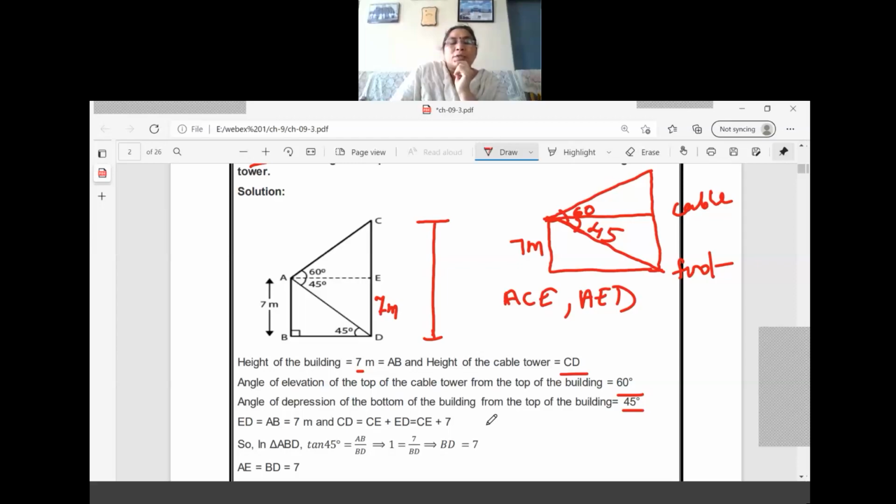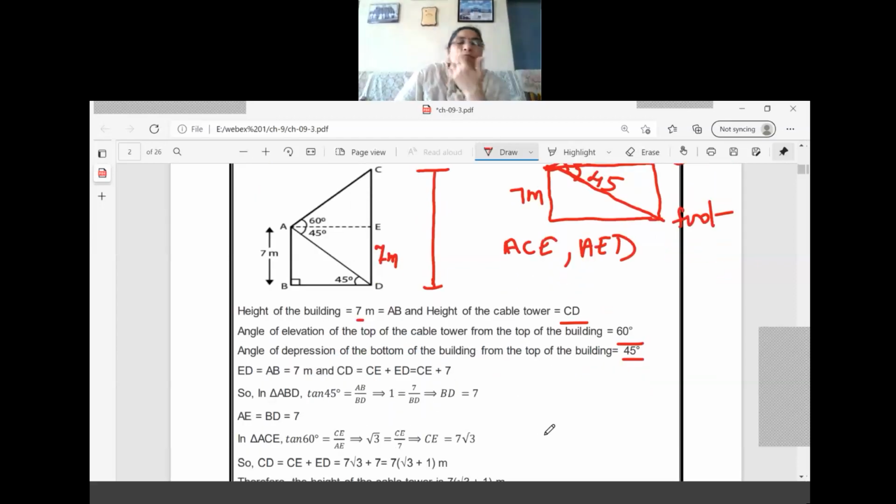Right? So tan 45 we have taken. Tan 45 is equal to ED by AE only, right? Which triangle have they taken? Triangle AED only. The opposite side is 7 and the adjacent side is AE. I should write AE first, right? So here we should write AE first. Okay, they have used the ABD triangle. Okay, they have considered the same concept. That way also we can go.